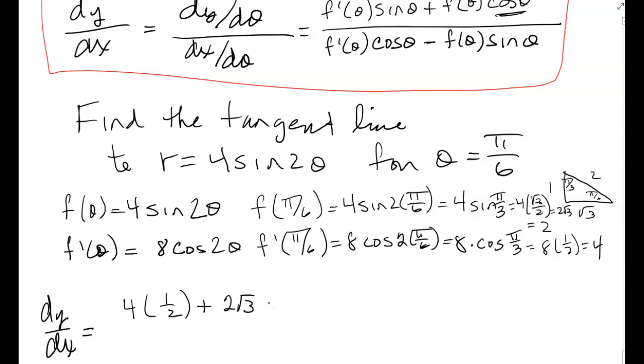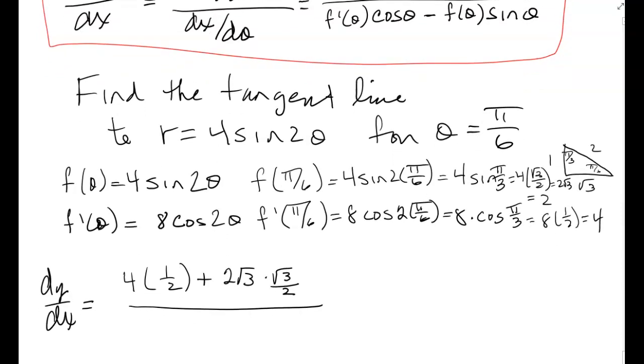Cosine of pi over 6 is radical 3 over 2. We'll clean that up in a minute. Denominator, f prime of theta again, of course, is just 4. Cosine of pi over 6 is square root of 3 over 2